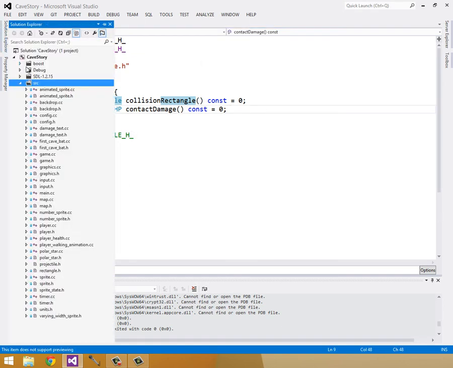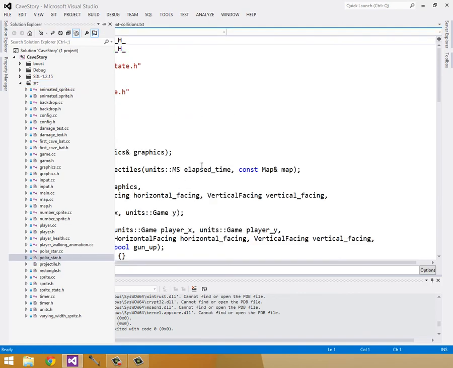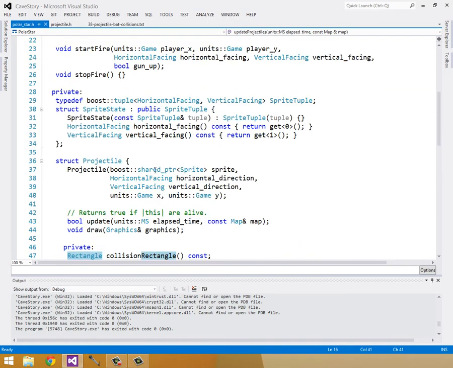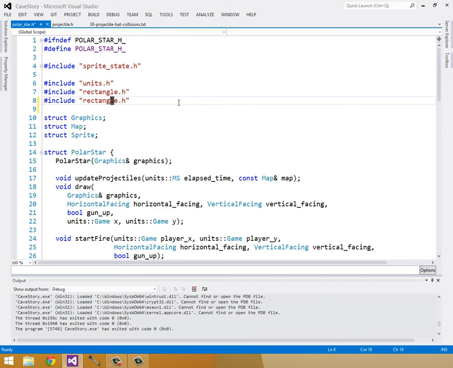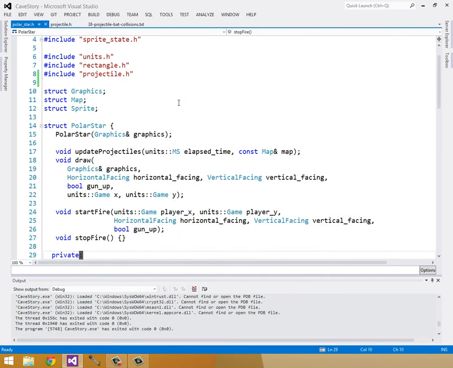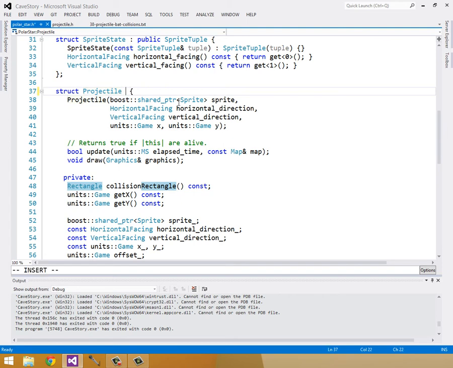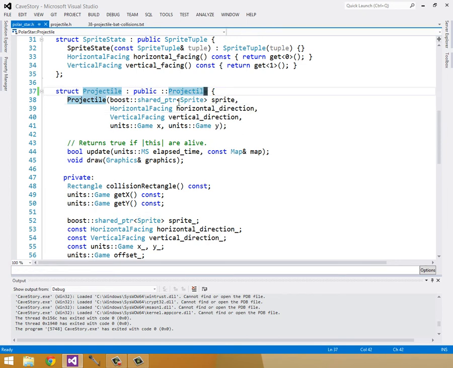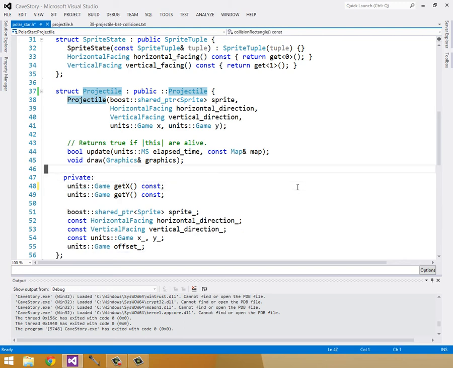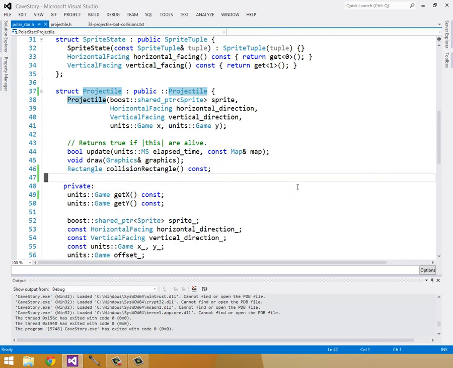Yeah, so now let's make sure our polar_star.h, our projectile inherits from this public projectile, from this projectile interface, I mean. So let's include projectile, and should just need to do public. And I think since this is called projectile, I'm going to have to look at the global scope, so you can just do that by doing ::projectile, and yeah, there it is. And now we have this collision rectangle, which we need to return in our public area so that we can use it. And we also need to define our